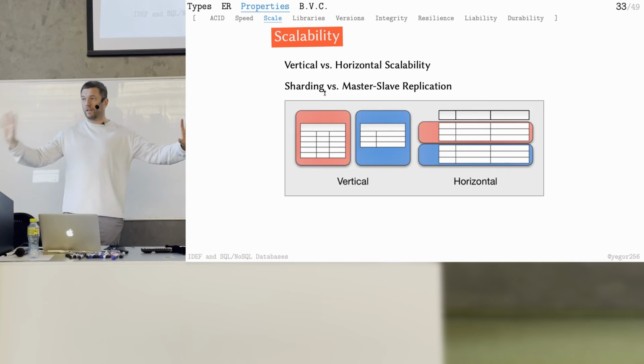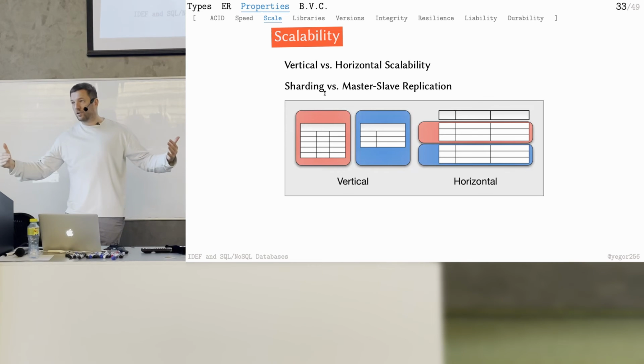On another server, we're going to keep books. This is vertical sharding. And we can shard horizontally. We can say, okay, in one server, we have all records before last year. On another server, we have all users and books after last 1st of January. So we do horizontal sharding or vertical sharding.